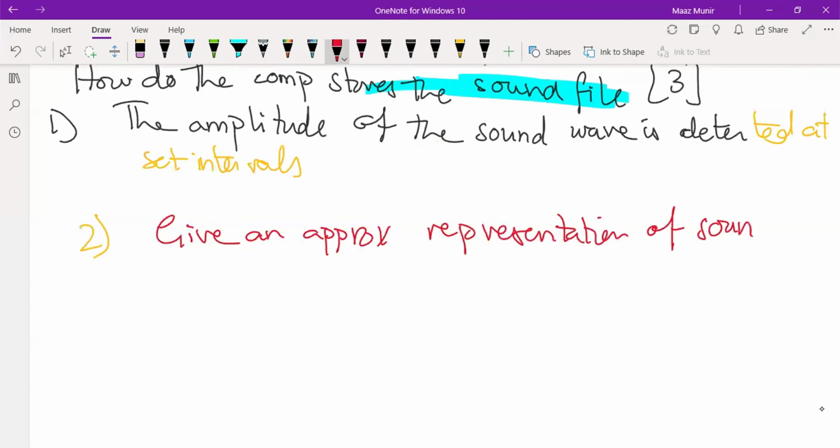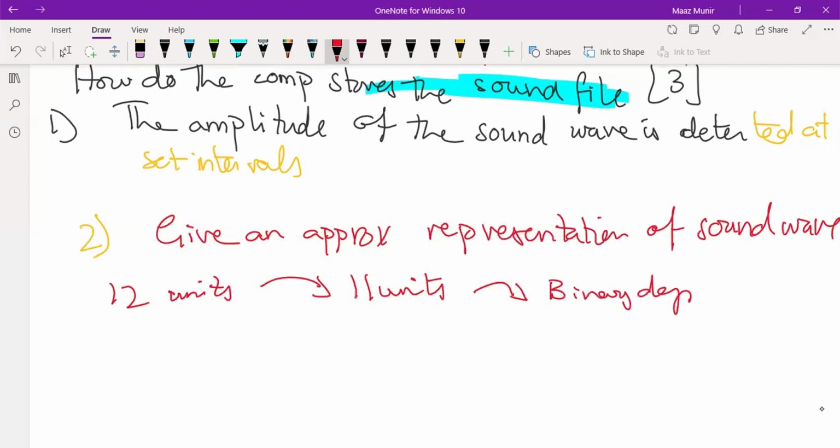By this, I mean basically the computer makes some sort of adjustment, like if the amplitude is 12 units, let's say, the computer adjusts it and gives it a close, approximate value, let's say 11 units. And then the computer converts this 11 units into